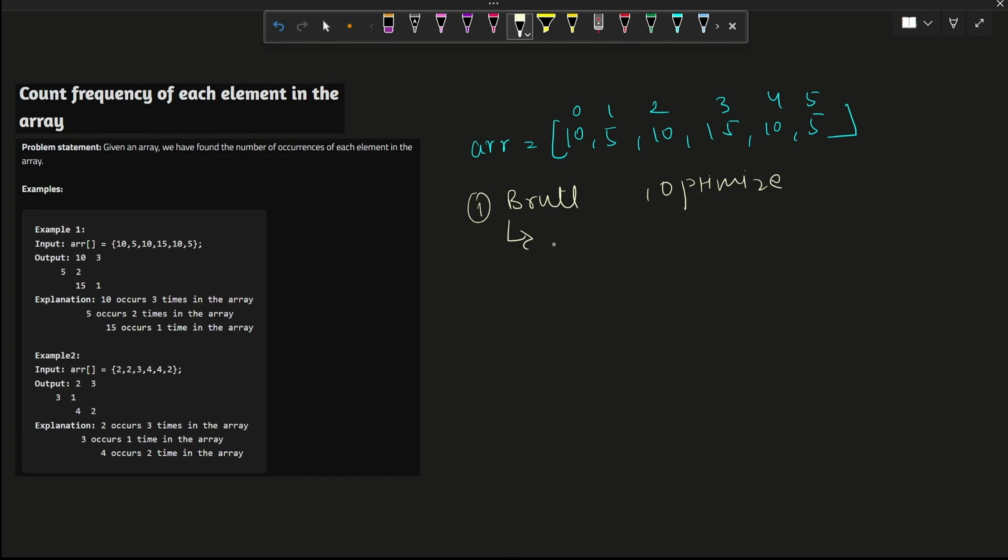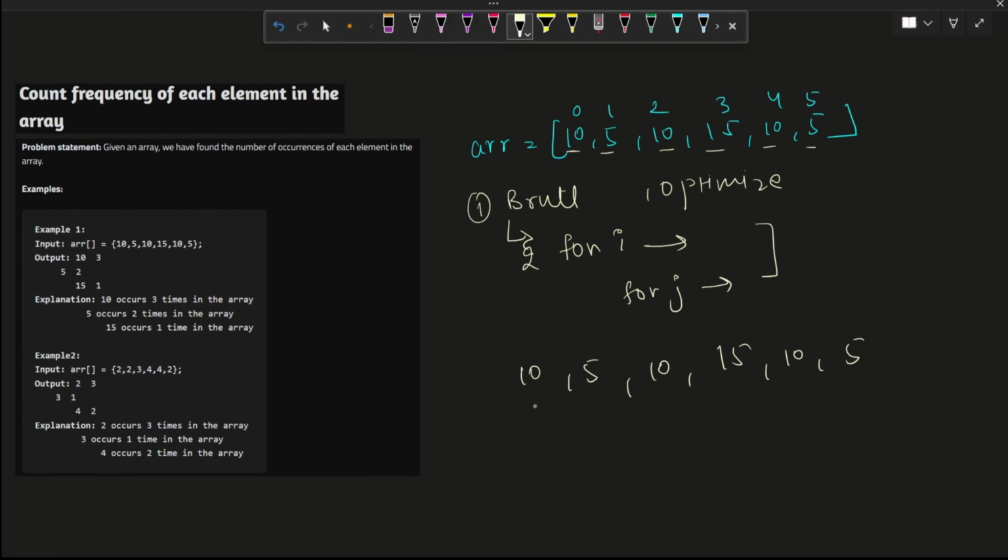If you watched my previous video, I think you got an approach of using two for loops. First iterate over the i, then you will iterate over the j. But in this question it won't work, because you can see the elements are not unique. If the elements are unique, every element present in this array, you can apply this. But if not, you can't, because let me write the array elements here: 10, 5, 15,